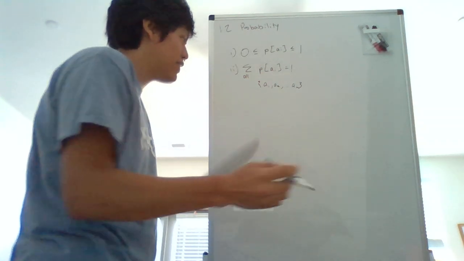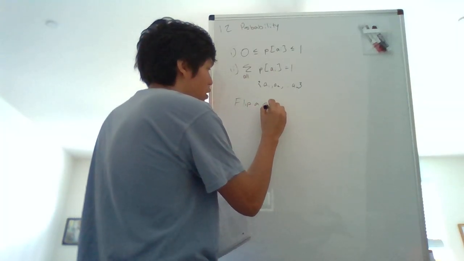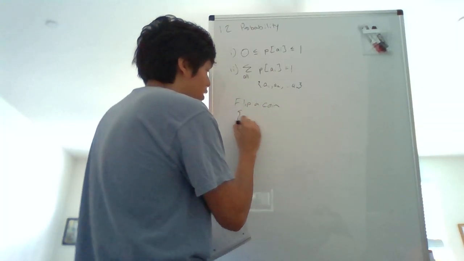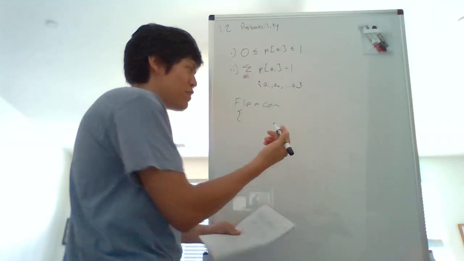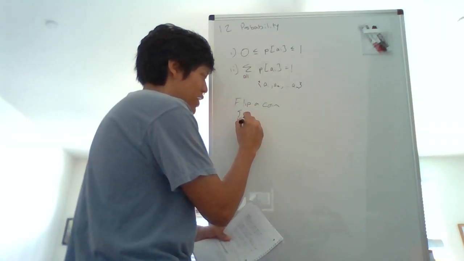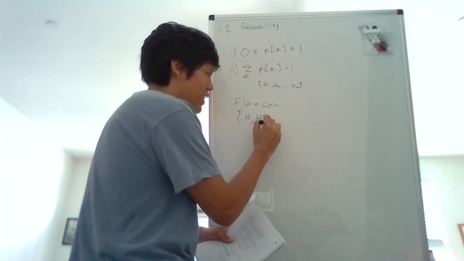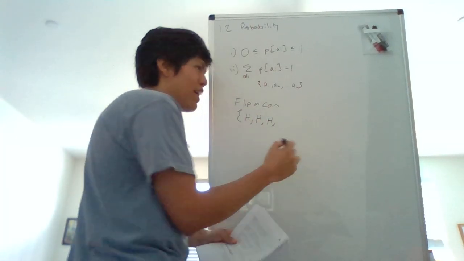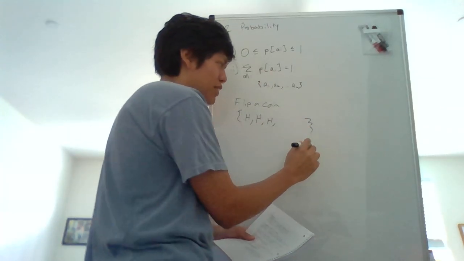So let's say you flip a coin the first time, and you get heads. You flip a second time, heads again. You flip a third time, heads again. And this sample space won't close